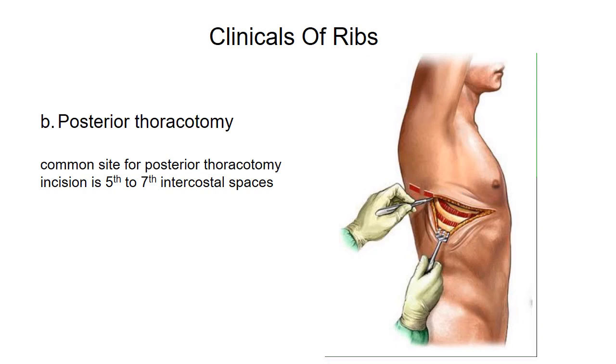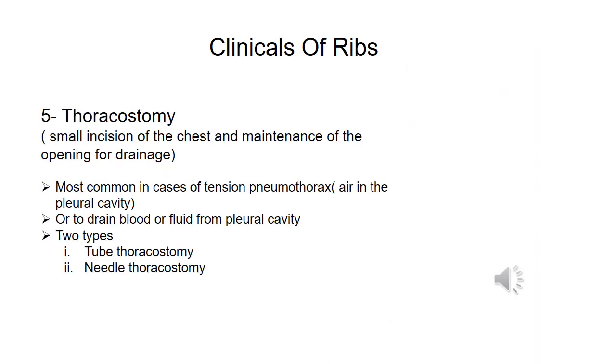Thoracotomy may be used in cases of procedures performed on the lung or the heart. Now, the last clinical is the thoracostomy. A thoracostomy is a small incision of the chest wall with maintenance of the opening for drainage. This procedure is most commonly used for the treatment of a pneumothorax. Pneumothorax means air in the pleural cavity,